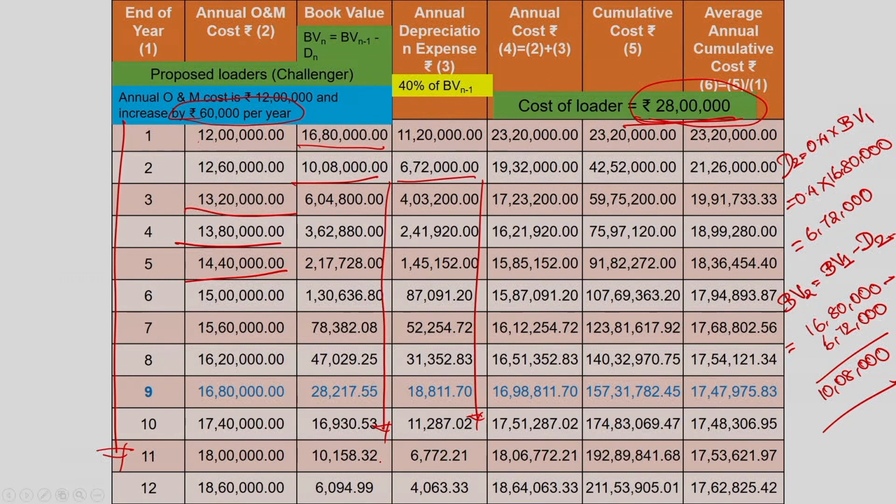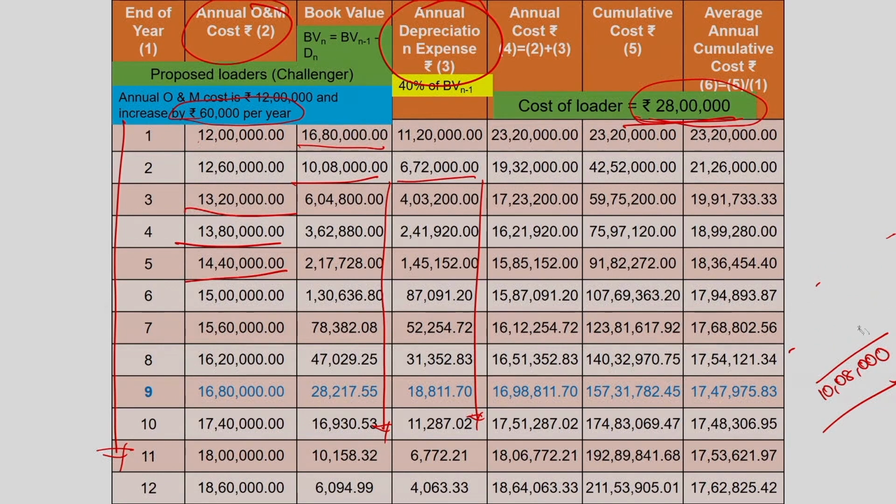Okay. Now you can estimate the annual cost by adding the operating and the maintenance cost and the depreciation. When you add column 2 and the column 3, you will get the annual cost for every year. Okay. Annual cost for every year. So what is the annual cost for the first year? Your operating and the maintenance cost for the first year is 12 lakh and your depreciation for the first year is 11,20,000. So your annual cost will be